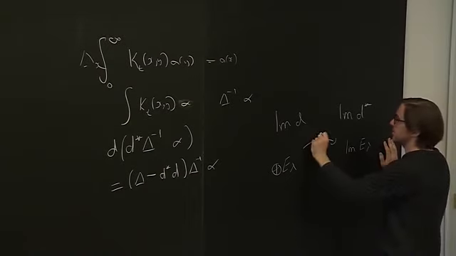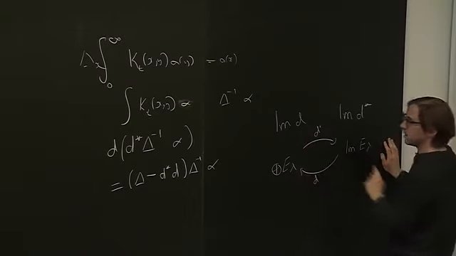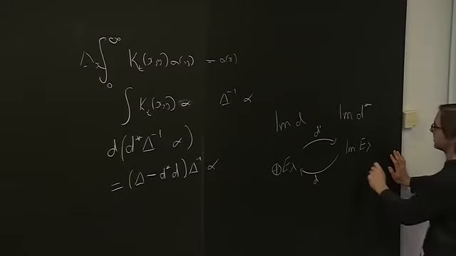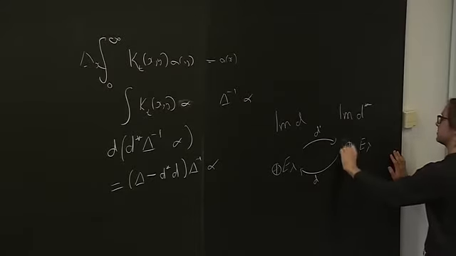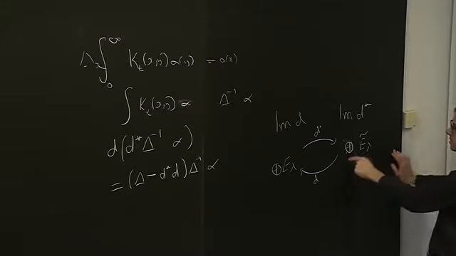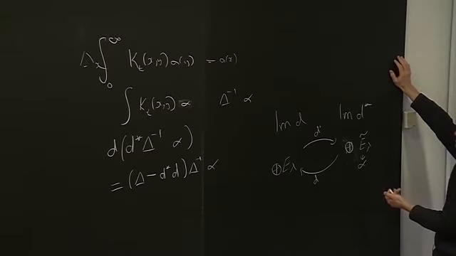And this is B. And the commutator is the eigen. So I take something here. I have